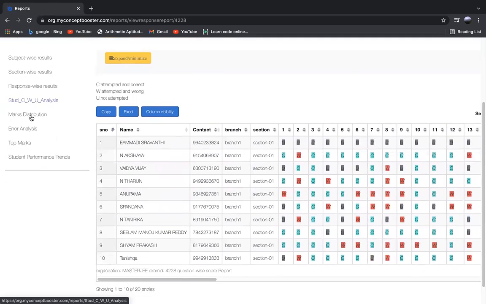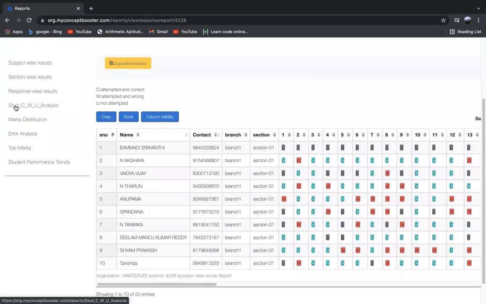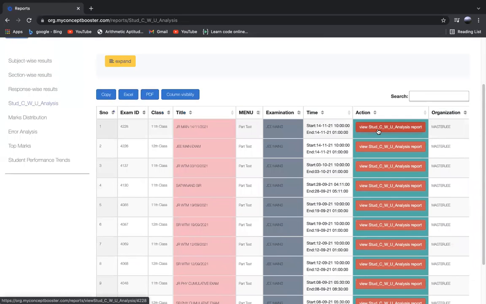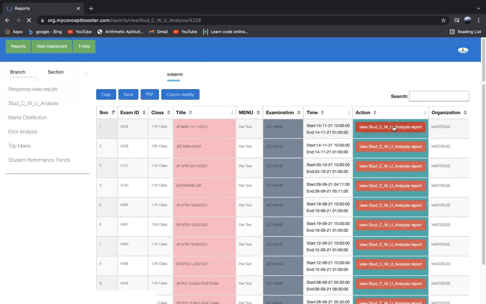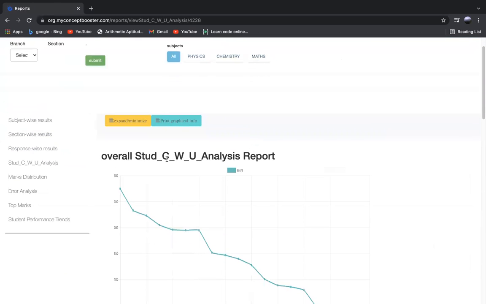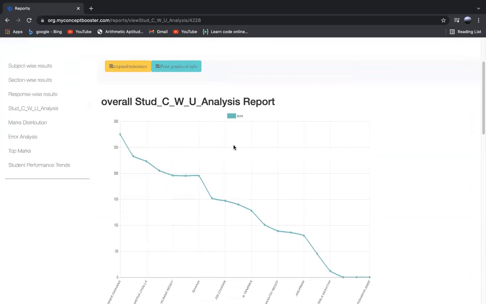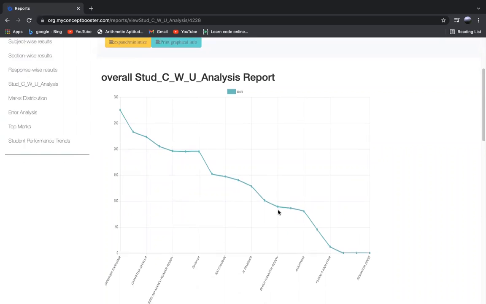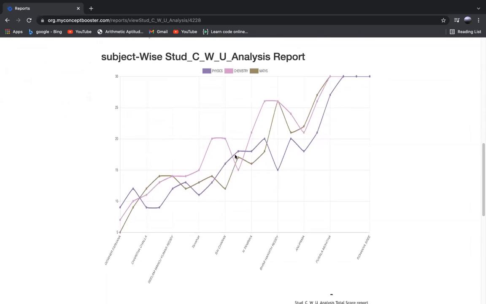When you want to see the next option for the reports, you can see the student CWU analysis. When you click on it, it gives us the view student CWU analysis report. Click on it. The CWU stands for correct, wrong, and unattempted. So this is the overall school score for the students in that class. So the CWU analysis,